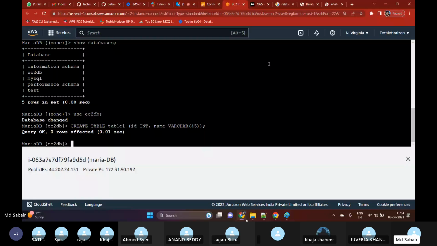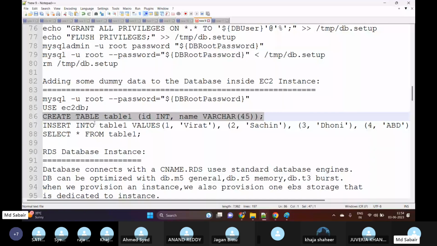And now let me try to insert some values. So I have created one table called table1. Now I'm trying to insert some values in my table1. So the ID is an integer value, that is 1, and the name is Virat. Then we have the ID as 2, and the name is Sachin. So I'm inserting 4 values: Virat, Sachin, Dhoni, and ABD. Okay,